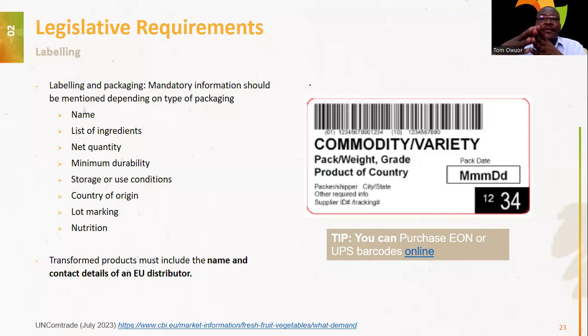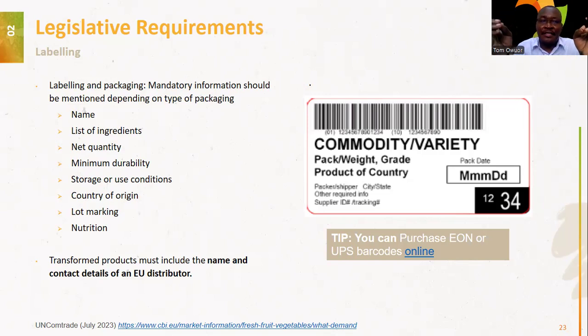Now, there is mandatory information that must be included in the packaging material. Number one is the name of the product or commodity we are talking about. And then the list of ingredients must equally be captured. I don't know whether I'm able to read this, though it is a little bit small in terms of writing. Yes, of course, they have captured the ingredients here so that one is able to appreciate that. And then the net quantity is also important. Is it 500 grams?